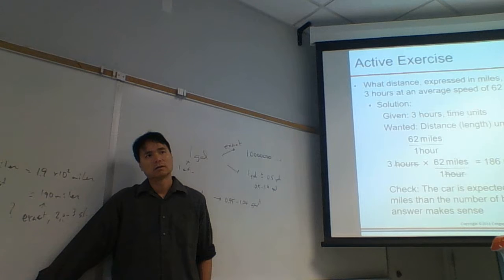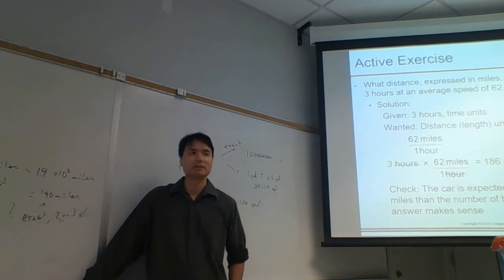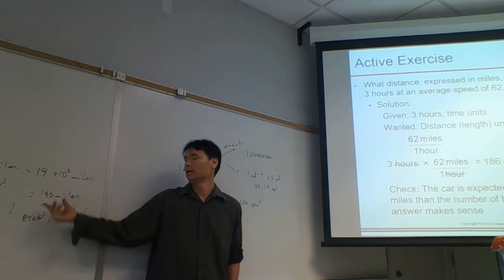So if you have 62 miles, about 62 miles an hour, that accounts for anything 62 plus or minus 0.5 miles, right? Yeah. But if you take 3 hours times 0.5 miles, you only have 1.5 miles, and 186 plus 1.5 doesn't equal 190. So wouldn't 190 be an overestimation? Yeah, it would be an overestimation, right? And that's the problem with